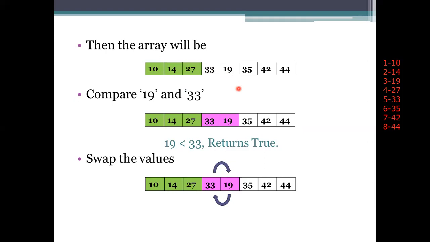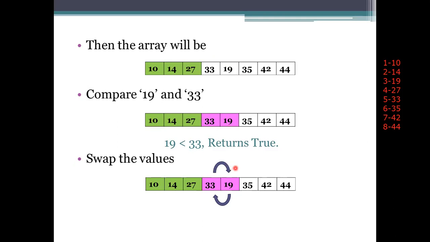When we are choosing the value, we need to compare with all its prior values. So if 19 is being considered, 19 has 5 such values ahead of it. We need to compare with the 5 values here. So the first value has been replaced, that is a swap, and then go for the second value, that is 33. Compare these 3 values, it returns true here, and it needs to swap the values here.